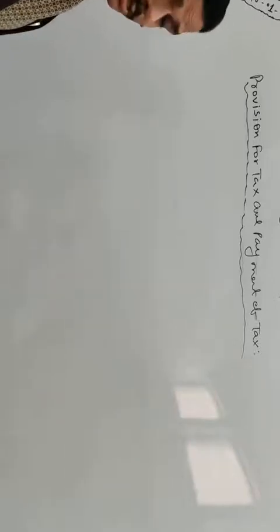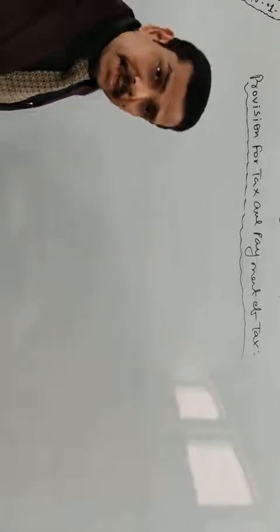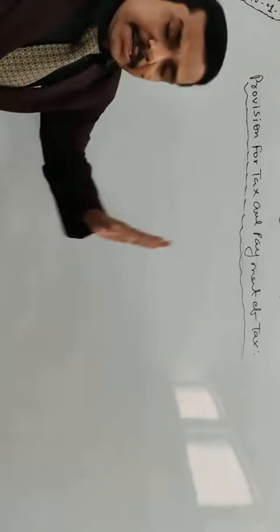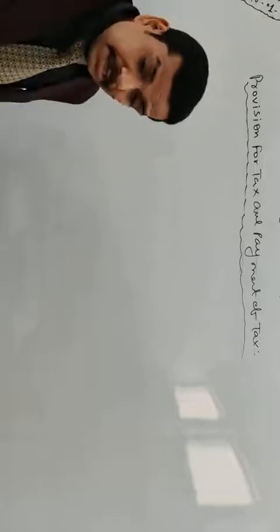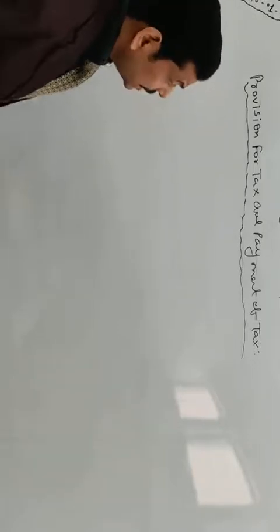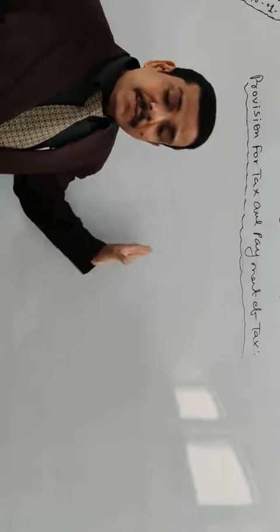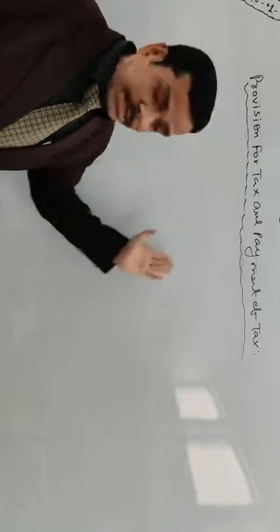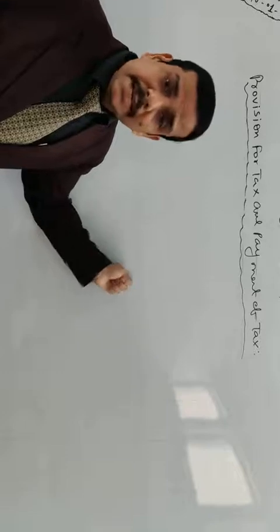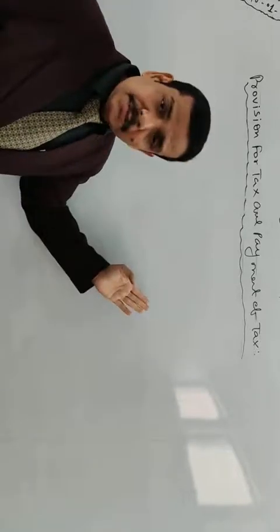And today we are going to study one more problematic thing while doing operating activity, which is the provision for tax and payment of tax calculation. Clear? Again, this is very problematic, but I am giving you three cases from which you can very easily understand it. So we are going to study this. I will tell you the three cases for provision for tax and payment of the tax, and we will solve one example.